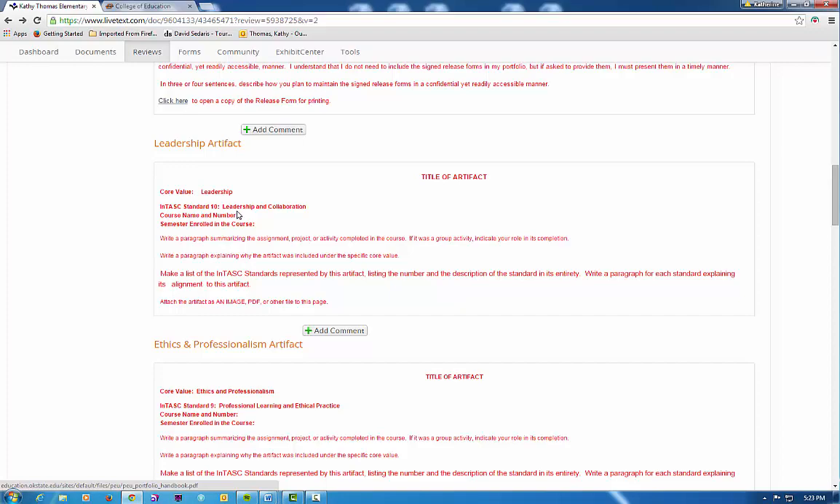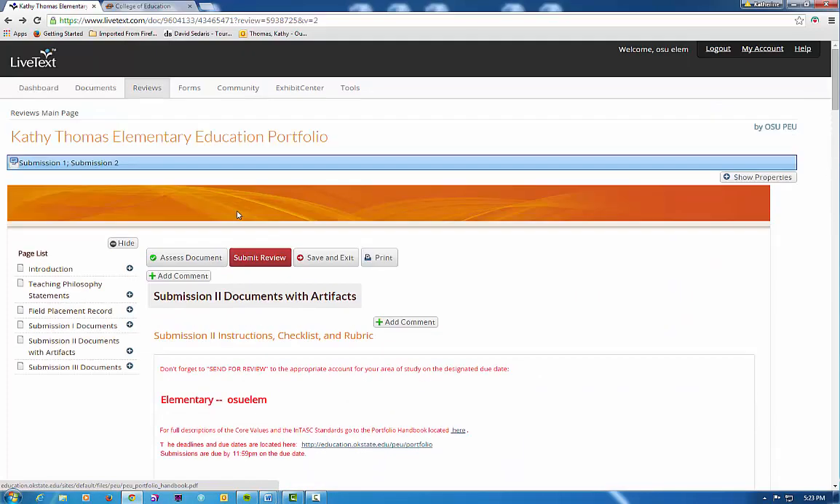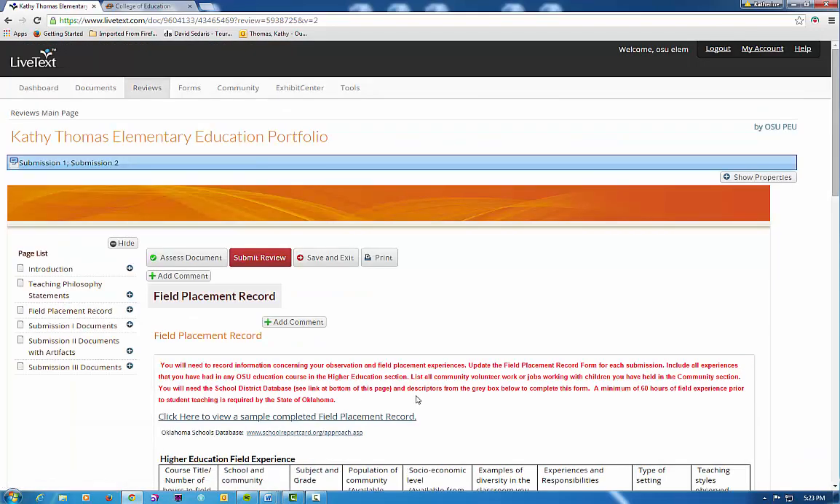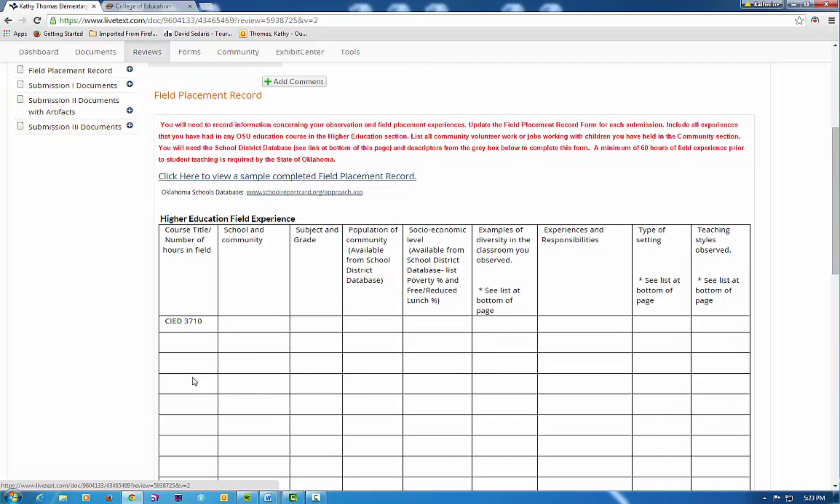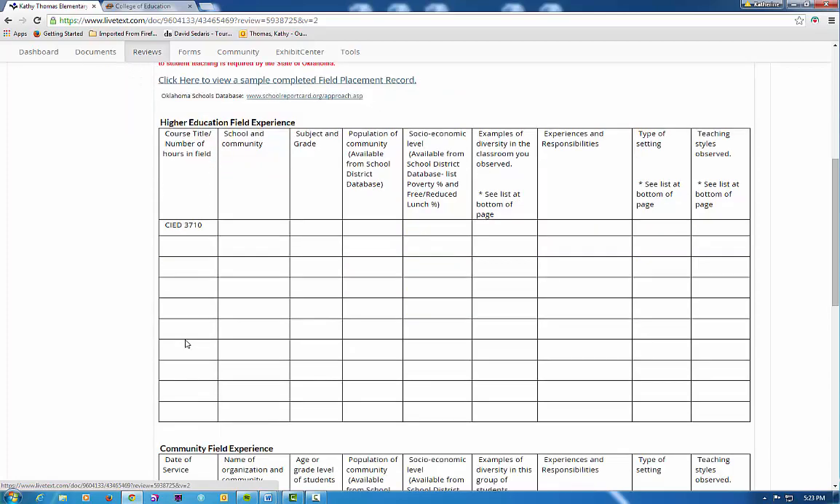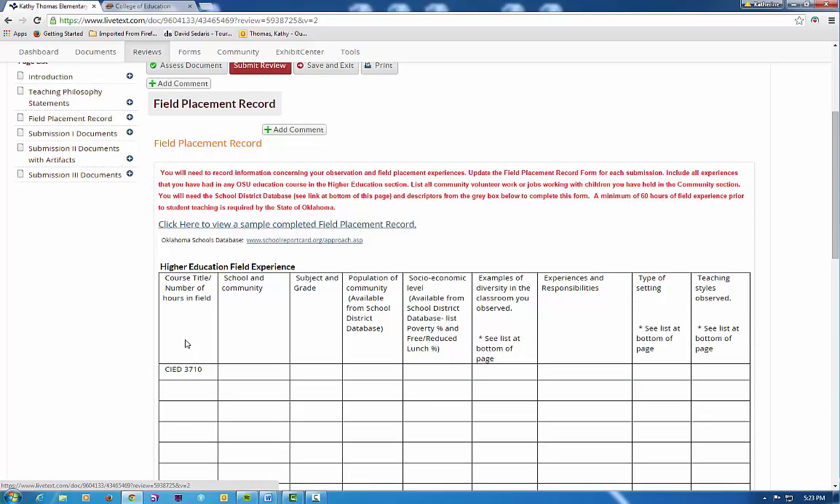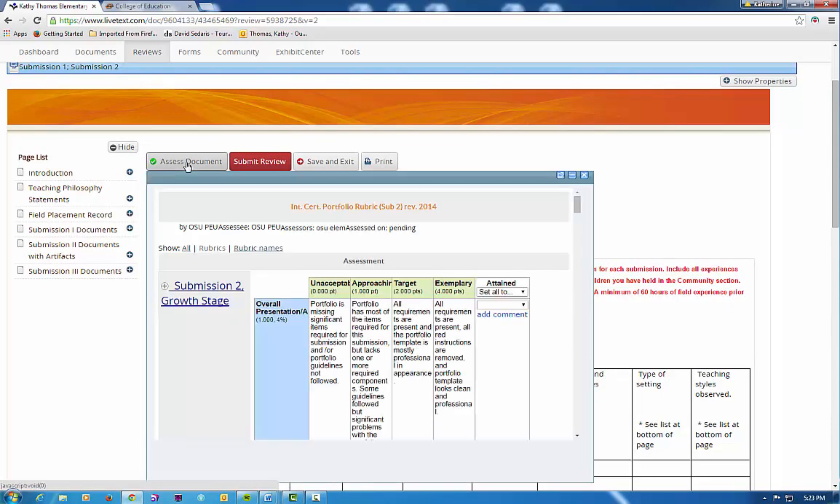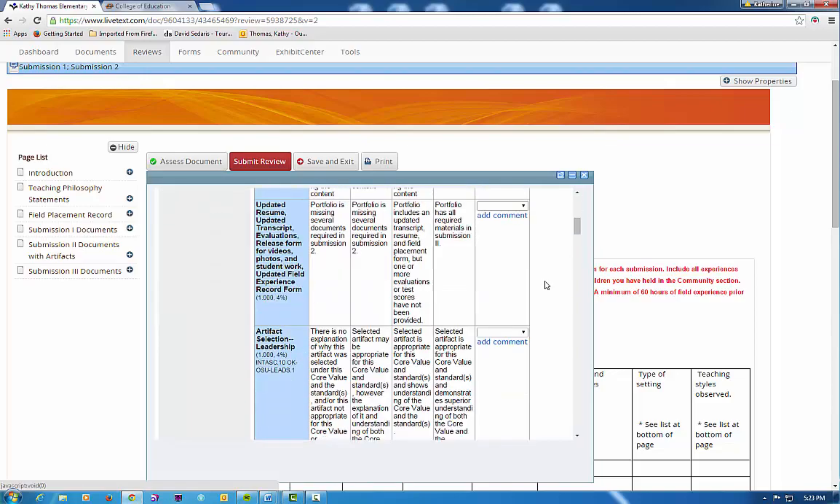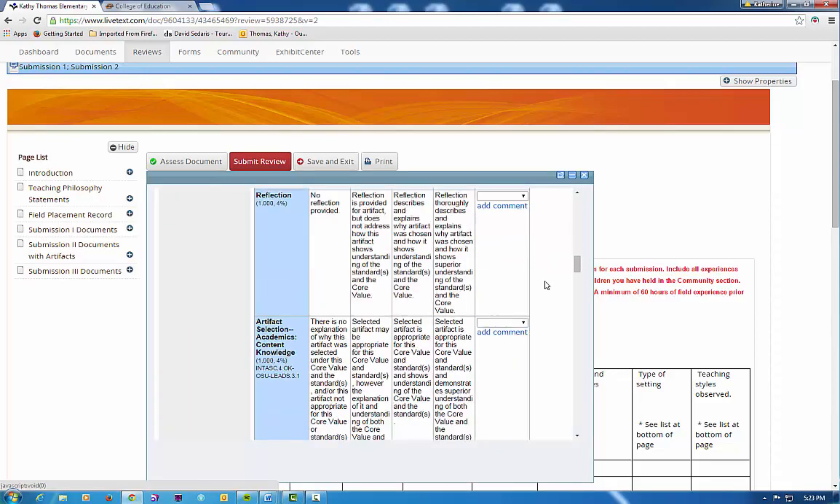The last page that you need to look at is the updated field placement record form. This is something that they started in Submission 1. They will be adding to this with each submission. Hopefully they will have at least one additional field experience recorded here. When you've examined everything and made comments indicating any corrections that you want them to make or acknowledging outstanding work, go ahead and click on Assess Document and scroll to the bottom of the rubric page,